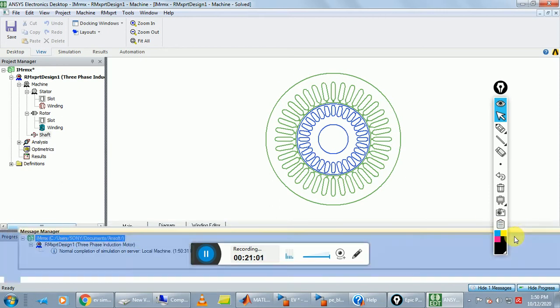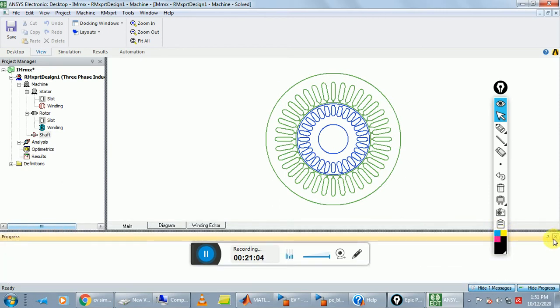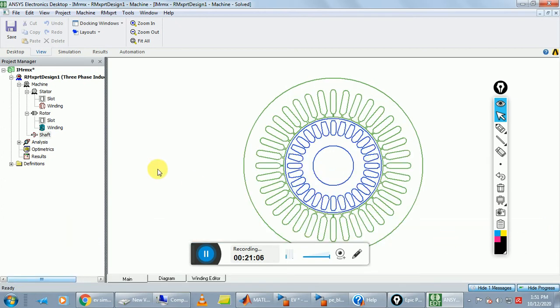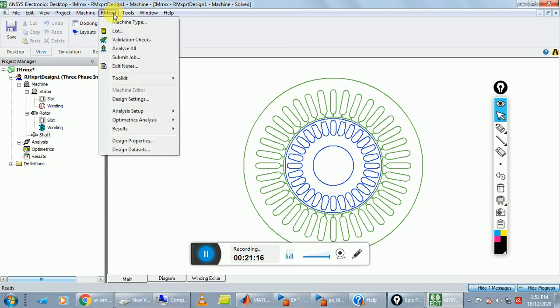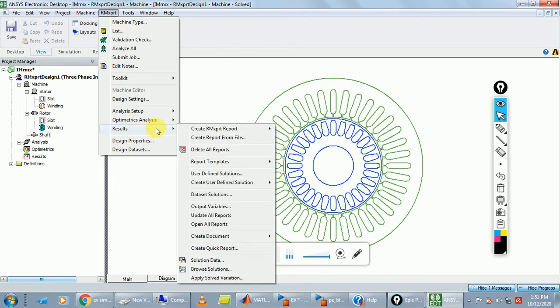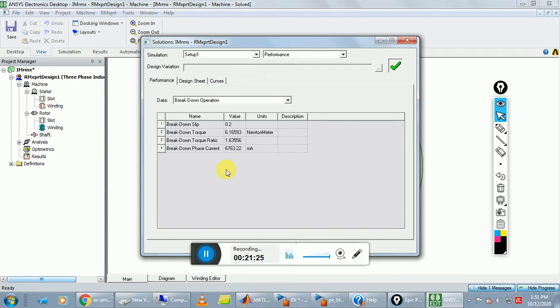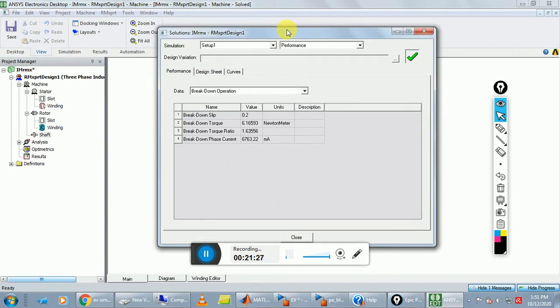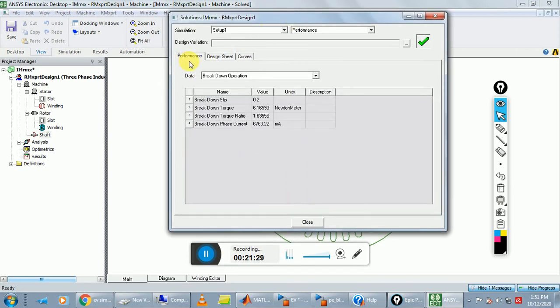So close this message manager and progress tab, and after the completion of this step, go to your RM Expert and search results and click on solution data. Okay, here we have performance and design sheet and curves.